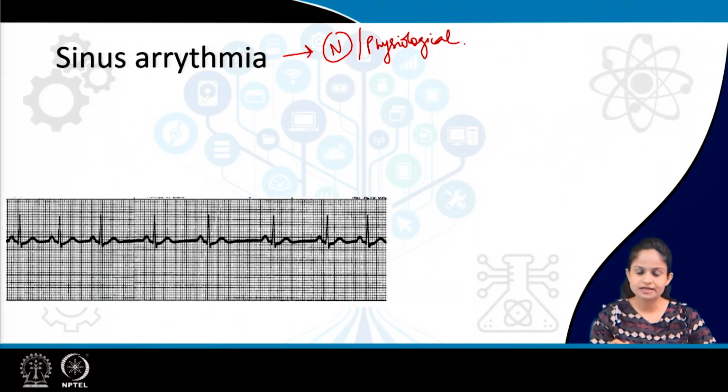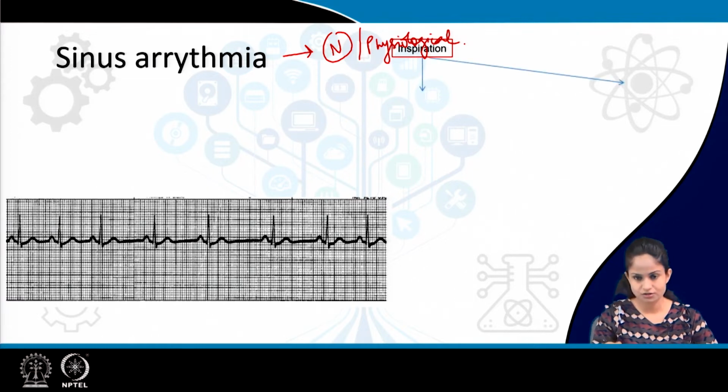Sinus arrhythmia means there is a difference in the rate and rhythm of our heartbeat along with our respiratory cycles, which means on inspiration our heart rate increases, on expiration our heart rate decreases. This is not abnormal, this is absolutely normal and physiological. Why? Because in the last class we discussed that while we inspire, there is an increase in the